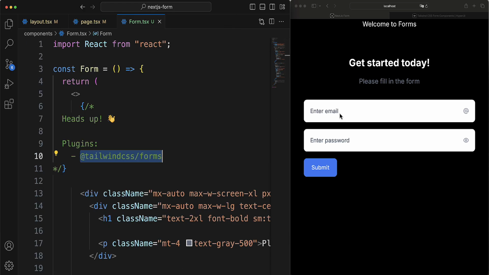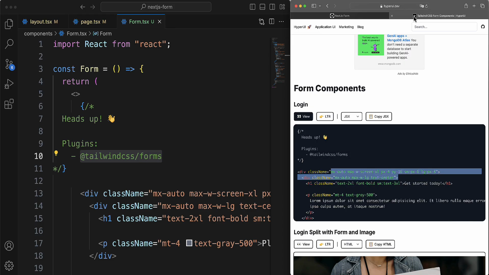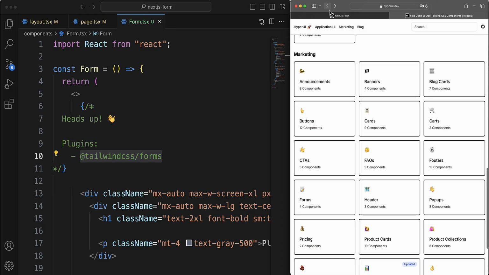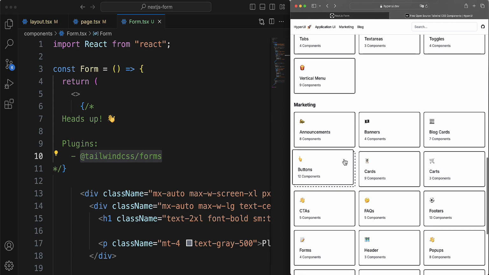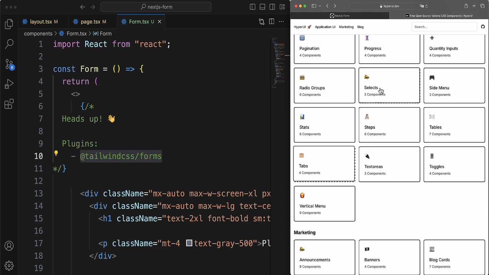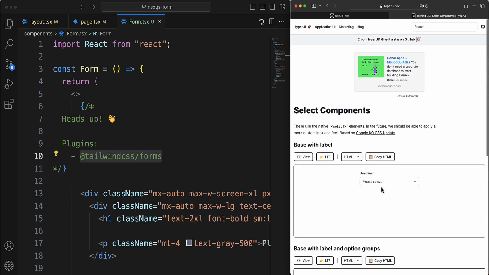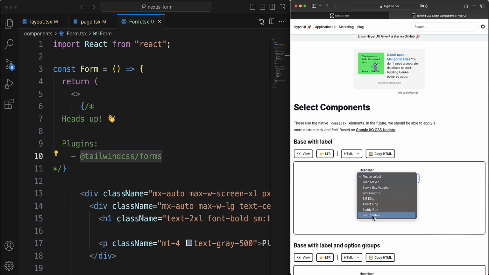And right now we just have this sort of input for email and password. Let me try to bring in another set of inputs. Let me go look for a select input. So I'm going to go back to the UI right here and let me search for select. I hope it has select. So let me see. Yes, it has select. And right here, we have this one. Very simple, right? So I'm going to change this one to JSX and then copy JSX